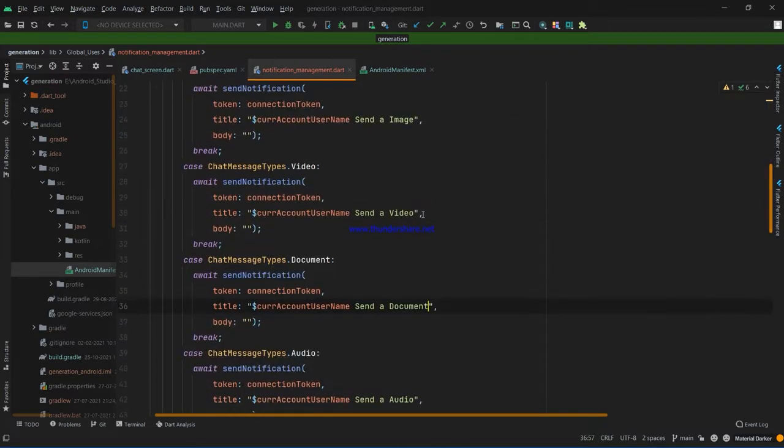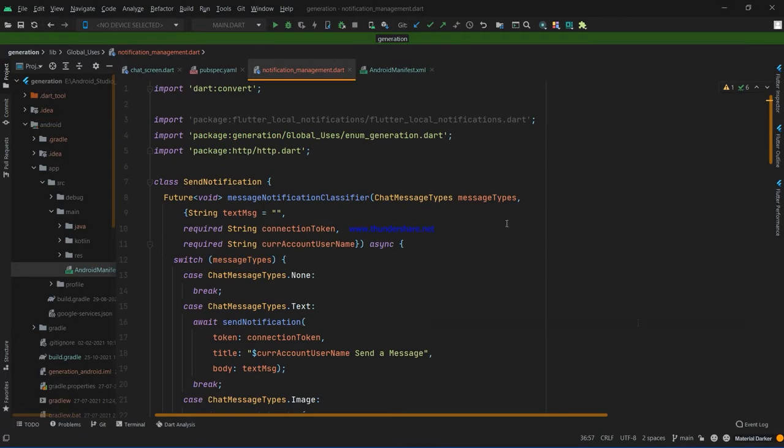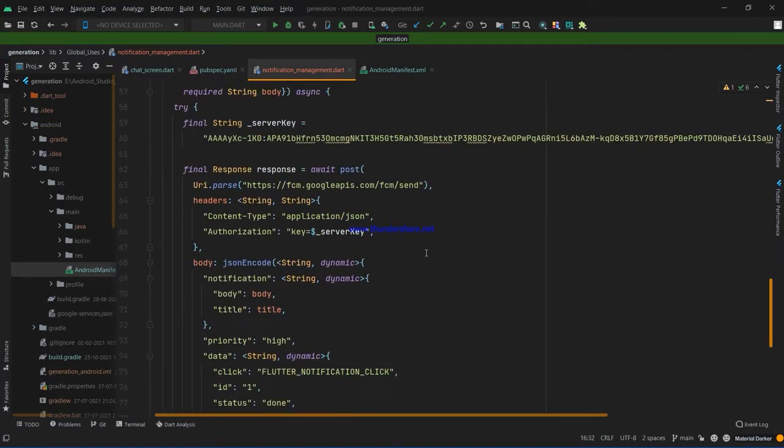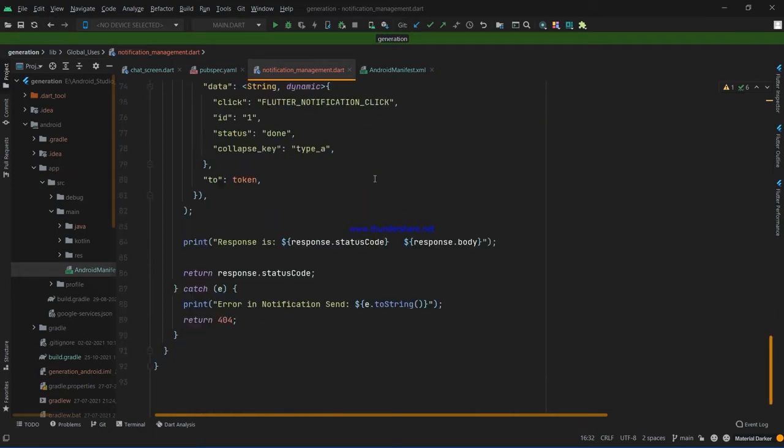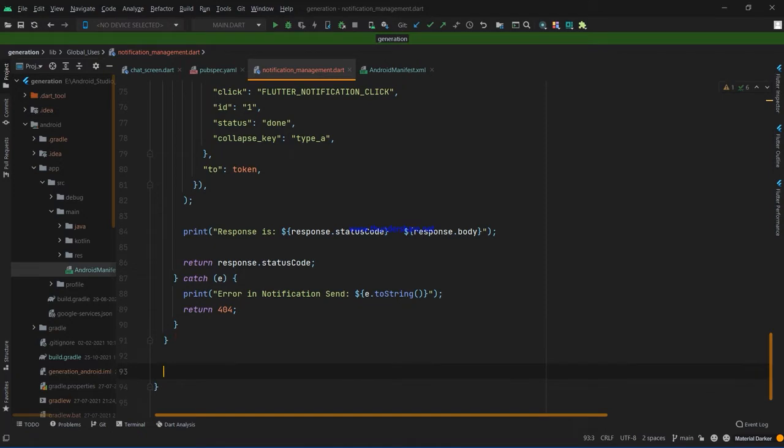Okay, and that's the video, and all the stuff is going fine. So that's we done all the things about send notification. Now we have to deal with receive and show the notification. So for that we will do background and foreground receive and show notification. For the background, it is automatically done by a command, but for the foreground it is not automatically done, so we have to manually manage it as well.